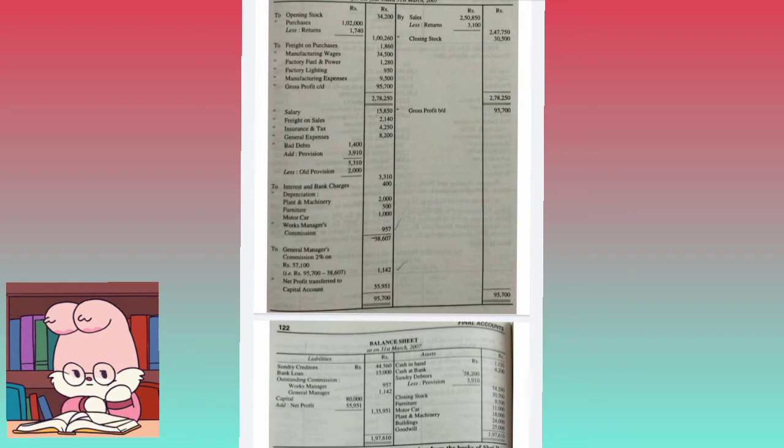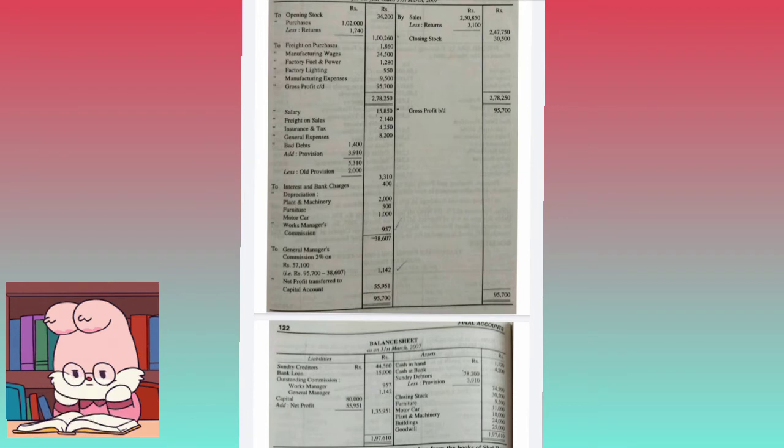Either you can take it on the credit side of the P&L account, or you can deduct this amount from the bad debts. Generally the provision is given on the credit balances side, so take it on the credit side or deduct it from the bad debts. It is called the old provision. Next, stock in hand on 31st March, the closing stock, take it on the credit side of the trading account and to the balance sheet asset side.